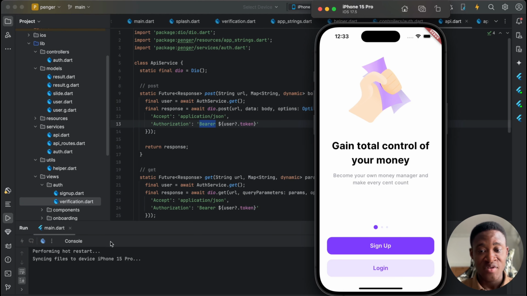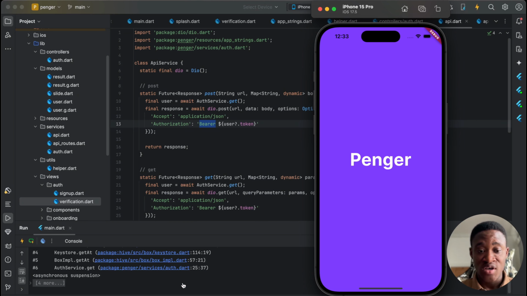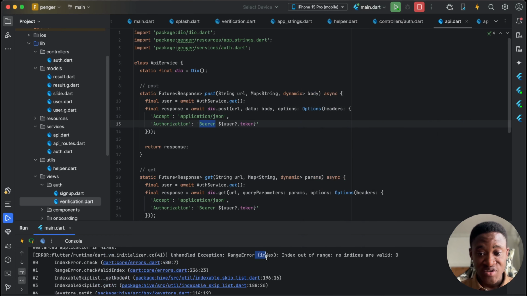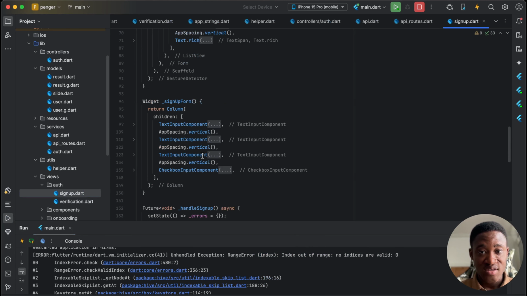So we just restart the application. Because there's no user, the application should throw an error because we are trying to get a user at a particular index and it does not happen. And that's why you have this error here, that we're trying to get index, but there's no index. Okay, so in our get here,